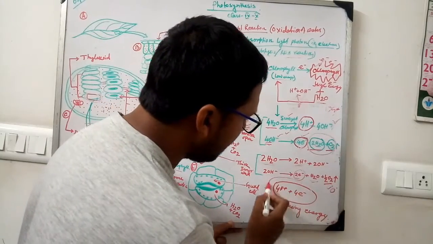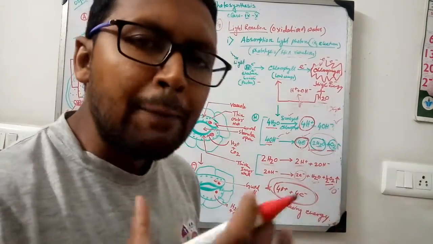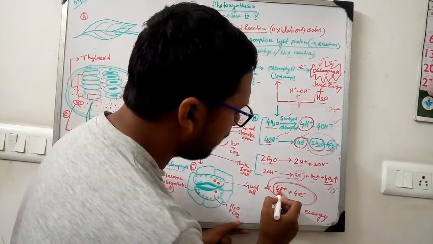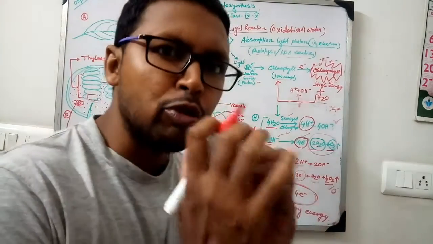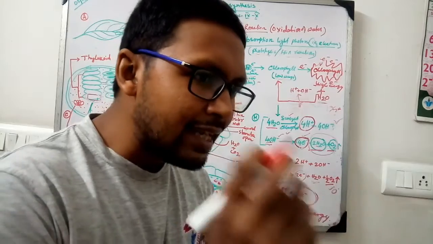So these are the main reducing energy. Plant stores it. 2H plus, 4H plus and 4 electrons. These are the most vital. And this reducing energy,